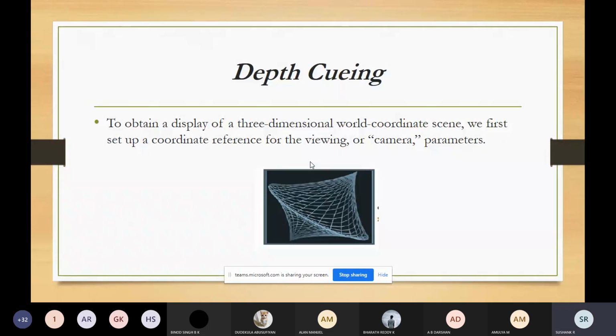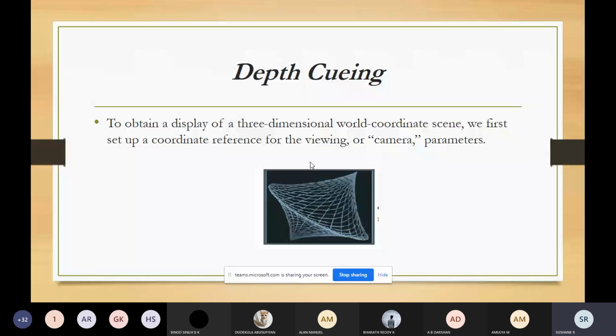you can see this image. If someone is viewing this image from the top right side, the intensity will be more at that small part.